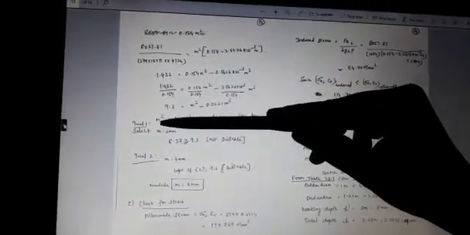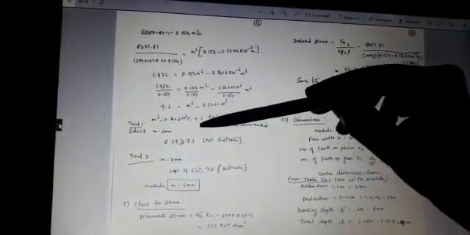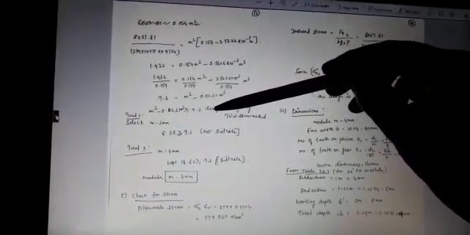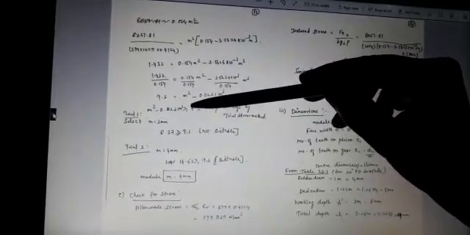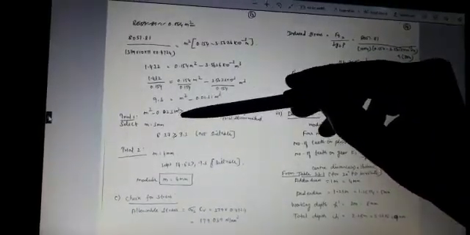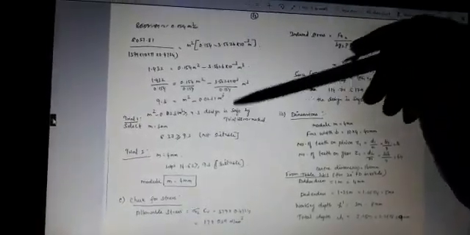Here the condition is m squared minus 0.0231 m cubed is greater than or equal to 9.3. If this expression is greater than 9.3, the design is safe. This is our condition. By substituting this value, we get an equation, and from it we get the condition that m squared minus 0.0231 m cubed is greater than or equal to 9.3, so that the design is safe. By using the trial method, we have to calculate.